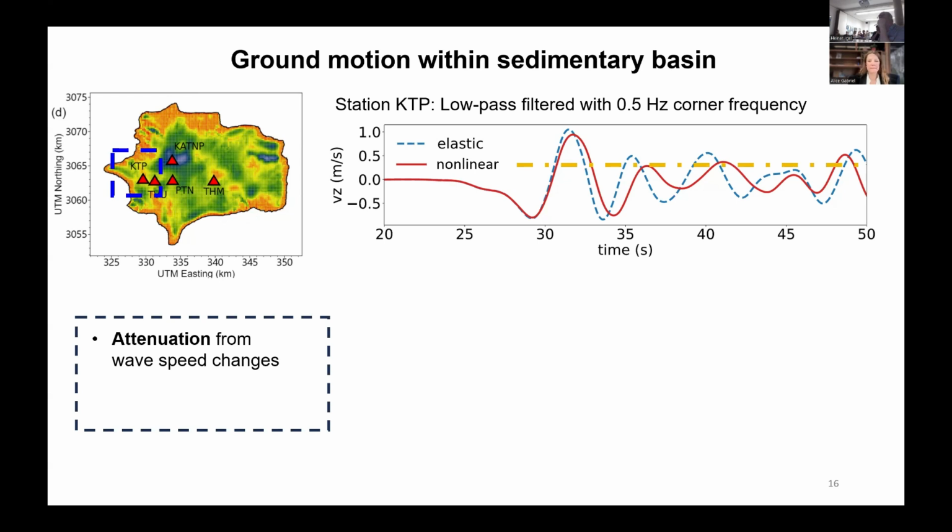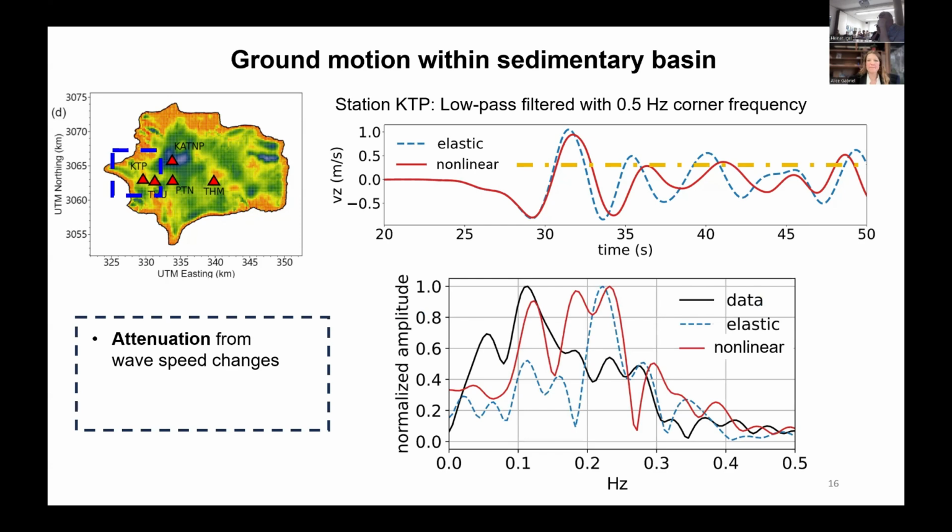changes. If we put it into the frequency domain, we can see the nonlinear model is amplifying or adding lower frequency components. We also put the data in the frequency domain at this station to see if we can actually measure this. Yes, we see a lower frequency compared to the elastic case in the data. And that means this frequency shift due to the nonlinearity is actually measurable. At this point, we see strong nonlinearities